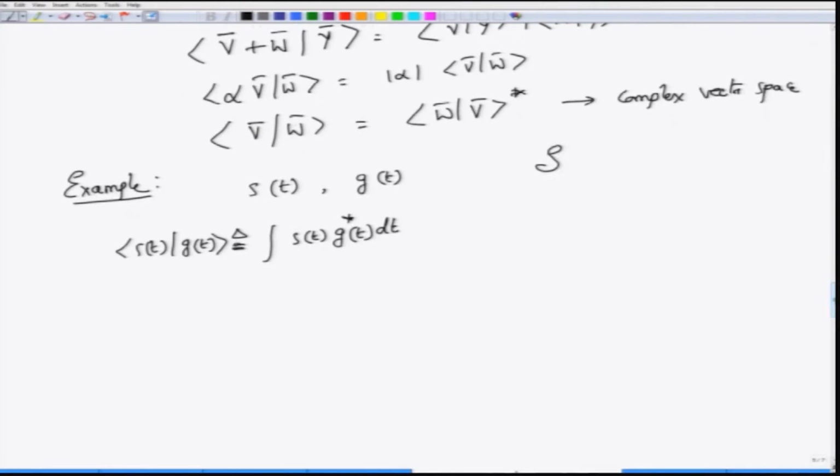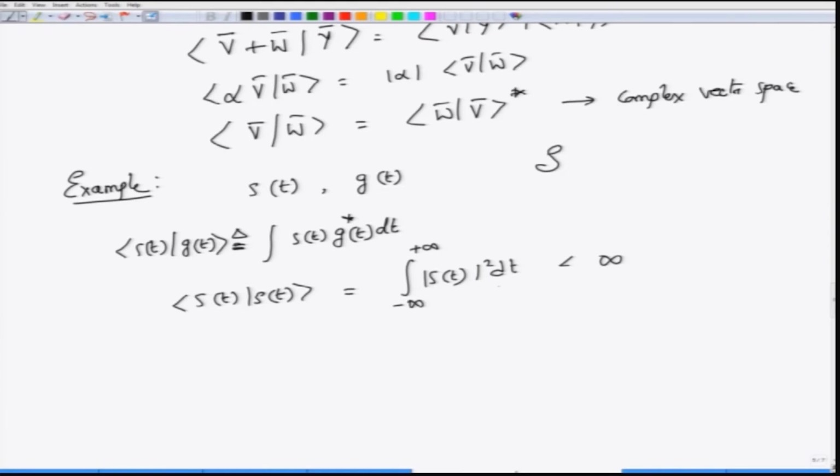One last thing would be if I take S of t and then take the inner product of that with itself. This will be the integral of S of t magnitude squared dt, and if I consider this to be an infinite dimensional signal, that is it is going all the way from minus infinity to plus infinity, then it is clear that this integral does not always exist, okay. If we demand that this integral must exist and must be finite, that is the reason why we had earlier also imposed this condition, okay. It is not necessary that this condition be imposed in this way. There are other ways of imposing similar conditions, but for us it works out very nicely,